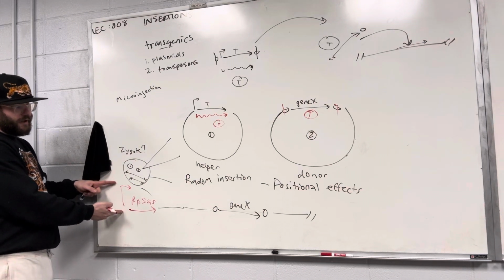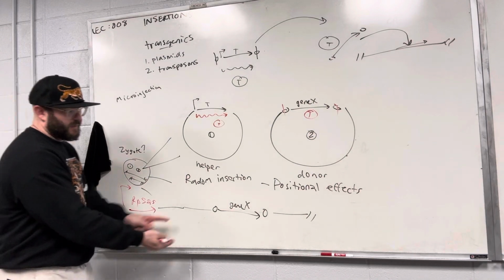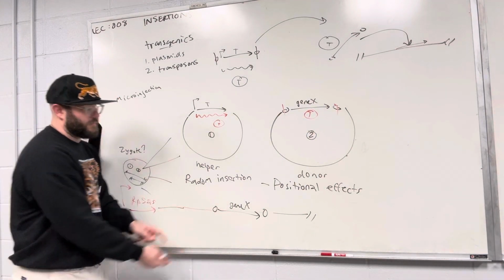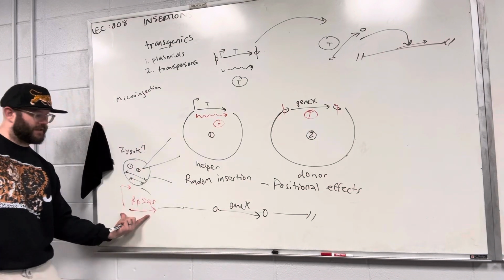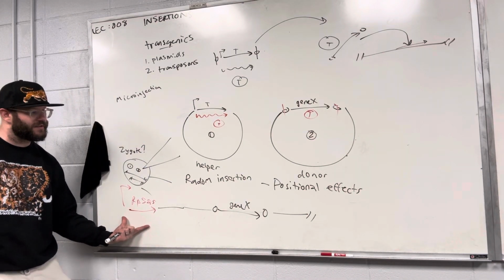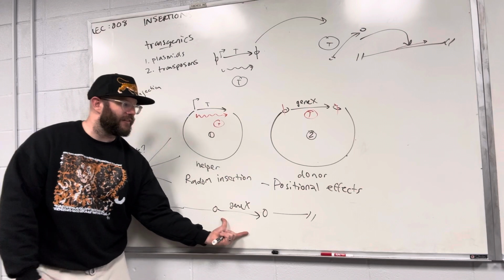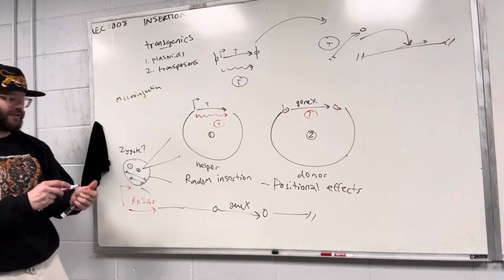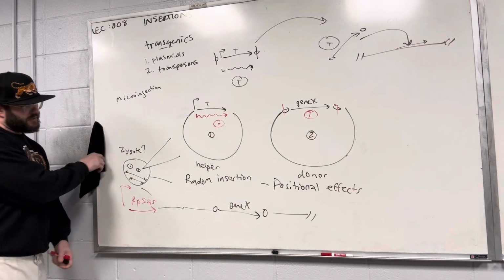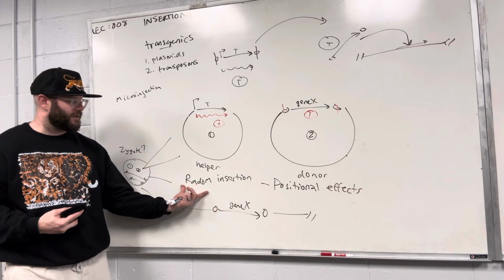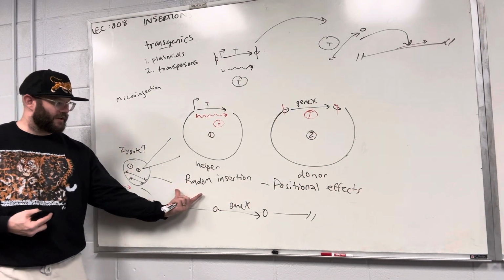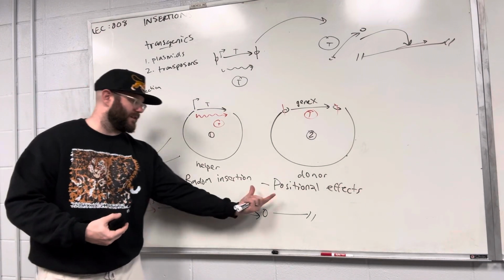Sometimes this promoter can enhance the expression of this gene downstream. So just by the fact of inserting close to something that's really powerfully expressed, this could express at a higher level. That's another example of a positional effect, okay? So there are positives and minuses to random insertions, but just understand that one of the negatives is the positional